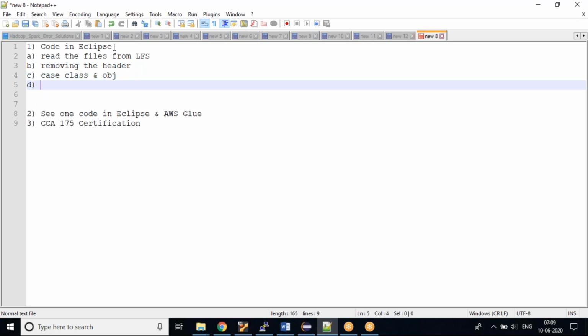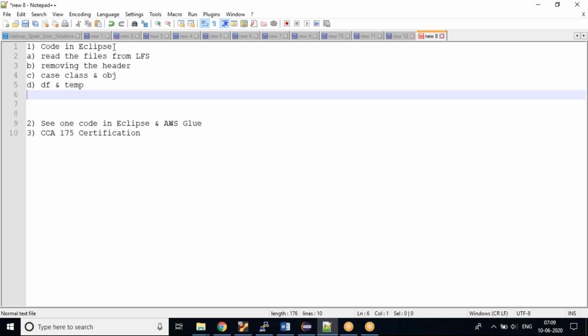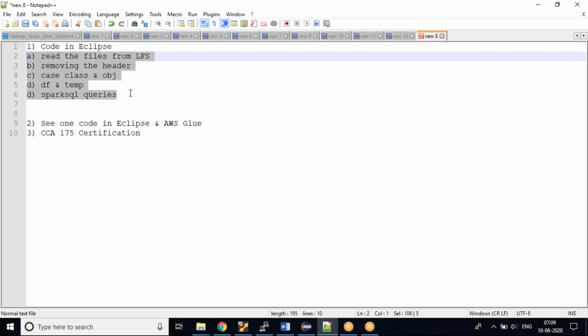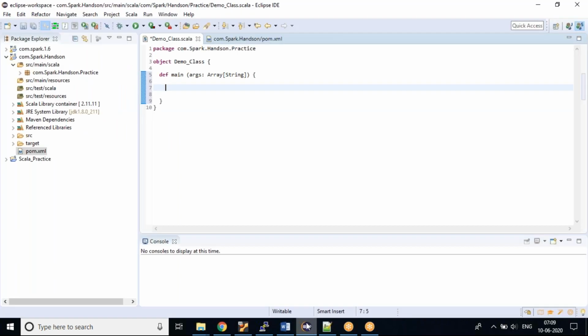And the last thing is I would be converting this to a data frame and some temp tables, and writing some Spark SQL queries. So this is the flow which I'll try to show you in this scenario. Let's go ahead with that.